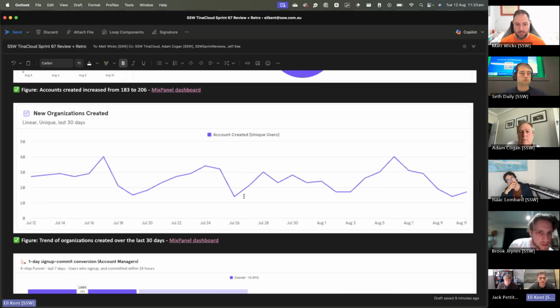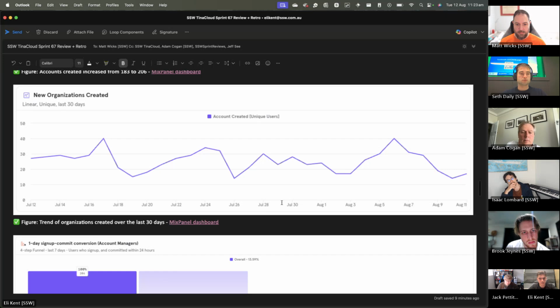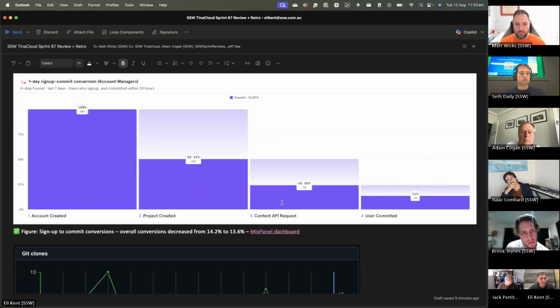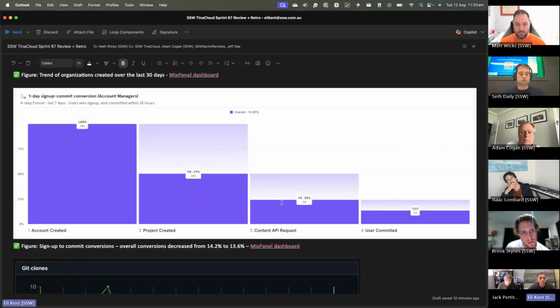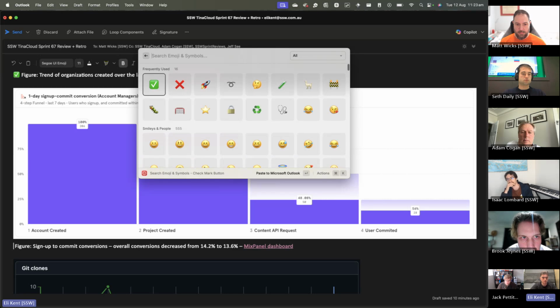Trend of organizations created over the last 30 days remains quite constant. Sign up to commit conversions. Overall conversions decreased from 14.2 to 13.6, which actually should be